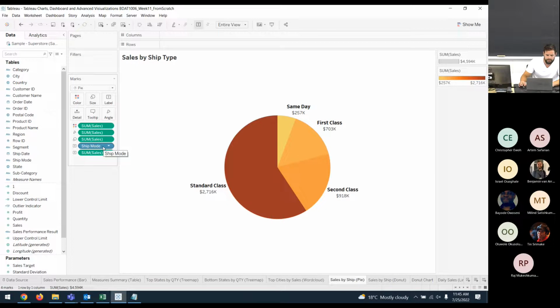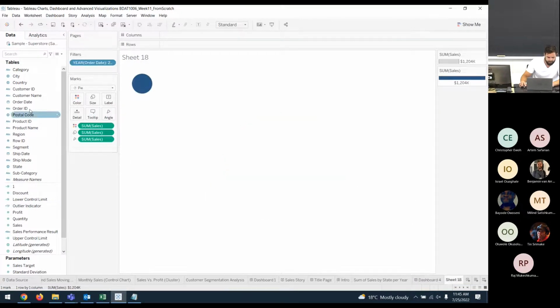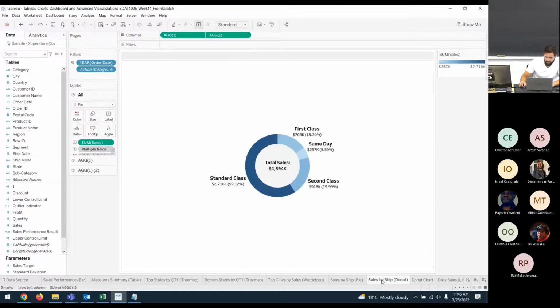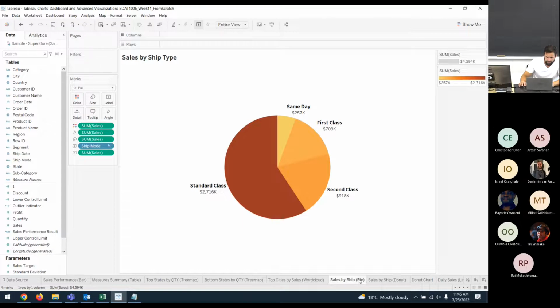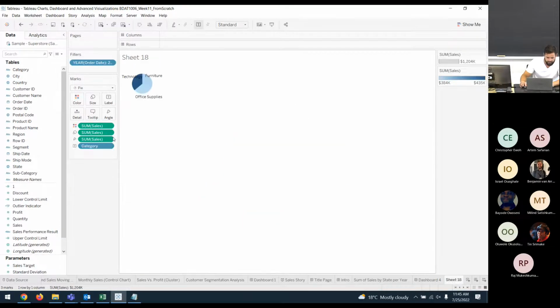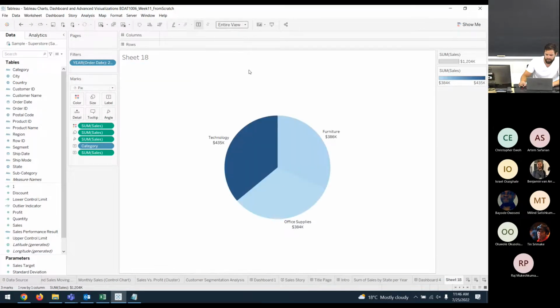Ship mode on label. Okay. And what else do we want? Sum of sales on the label. All right. Let's make it entire view. So now we can see for 2016,